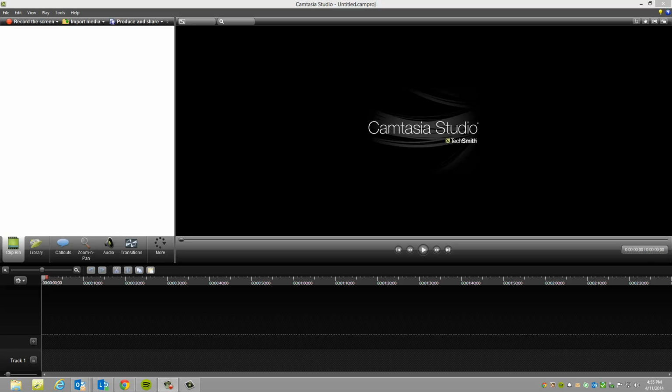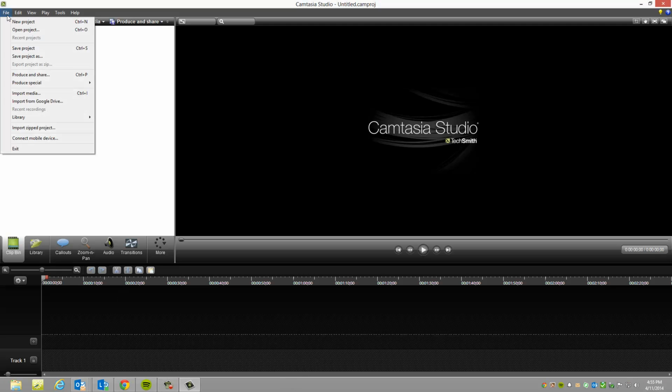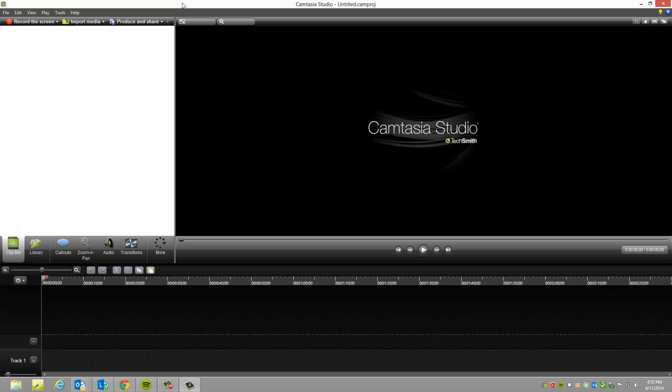Click that. A window is going to pop up, and you should get a window that looks like what you're seeing right now. Once you get in there, make sure you have a new project here. If you see a bunch of stuff down here, go to File and then New Project to start a clean, fresh one. So once you do that, you're going to select the More button right here,